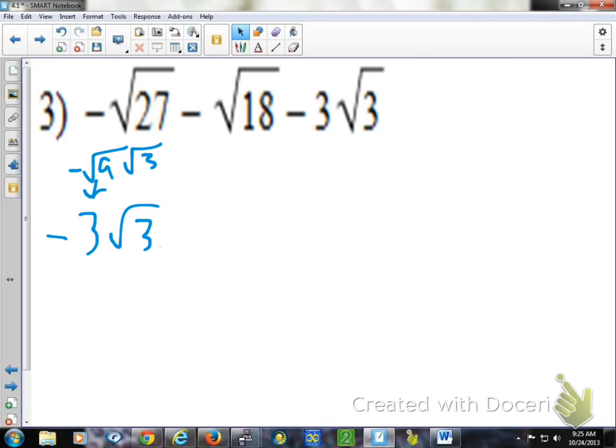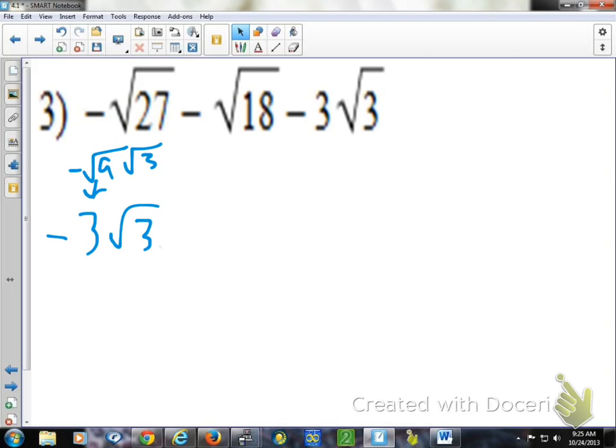Yeah. So your goal in this, since these are square roots, we're looking to break it down into 2 square roots so that one of them is actually a perfect square. You have calculators, what's the square root of 9? 3. And if you can actually take the square root of it, then you can get rid of the root and just call it 3. So this became -3